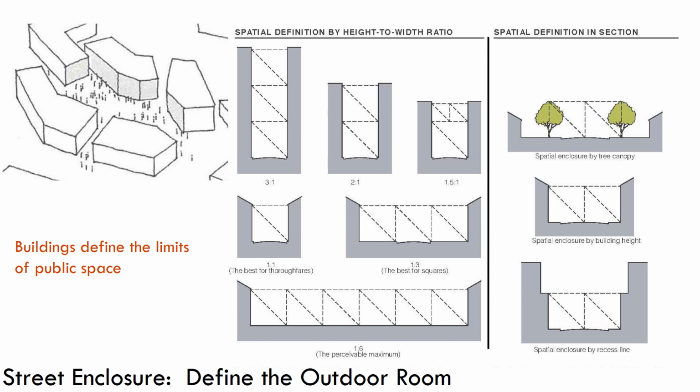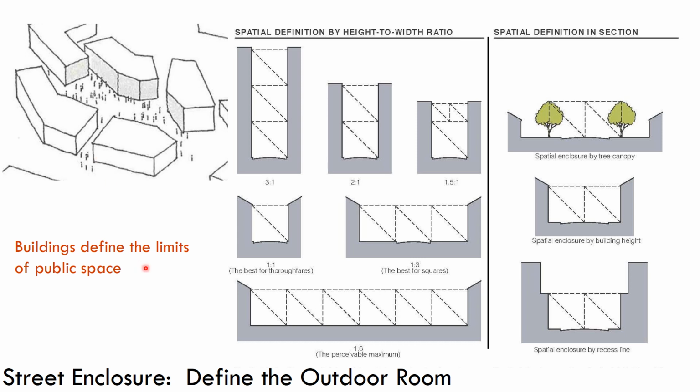And if enclosure is important to creating places, we have to look at how buildings can do that as they frame and define the limits of public space. And we call this idea defining an outdoor room. And a good way to look at how effective this is being done is to look at the cross-section through buildings and the spaces in between and see what shape they are and what the size is, and in particular what the ratio is of the height to the width.